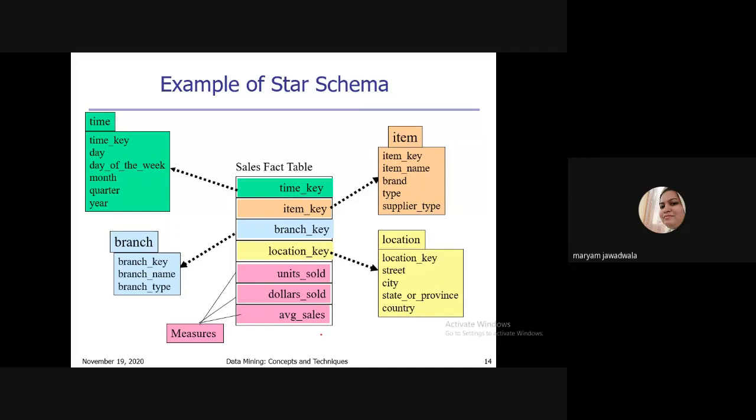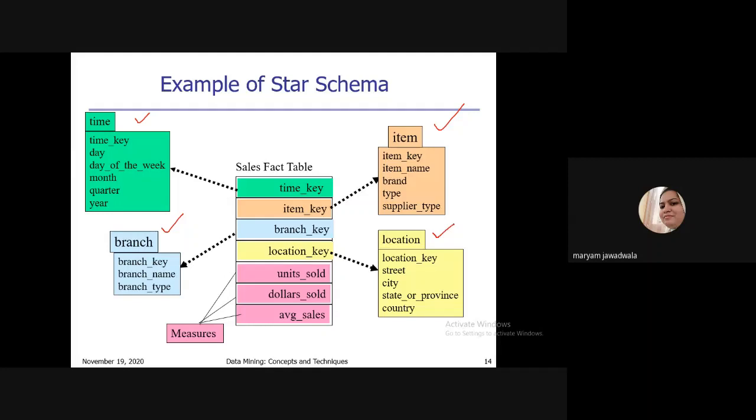Here in the center, you have one fact table. The name of the fact table is sales. Okay, and you have a total of four dimension tables. The first dimension table is time. Second, you have item. Third, you have branch. And the fourth one is location.